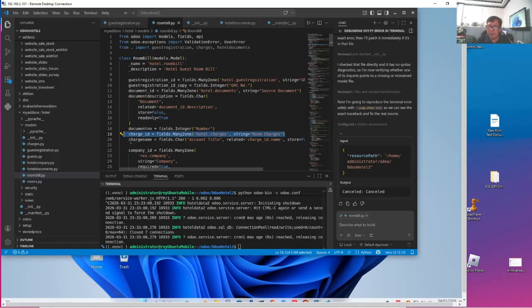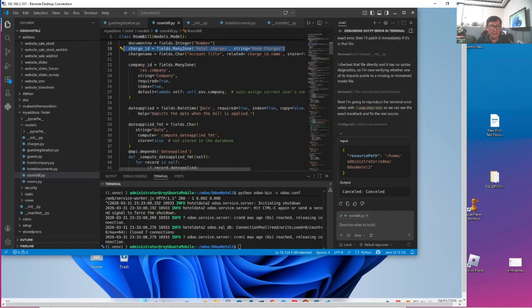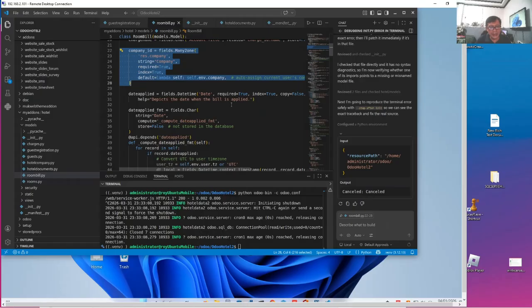The charge name, the title, must appear in the bill, and then we have that multi-company setting so that each hotel will have their own independent guest bills. Then you have date applied. Date applied is different from create date because sometimes bills are created late or early, so they may not be the same as date applied.